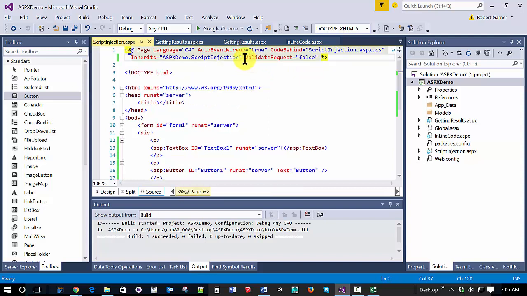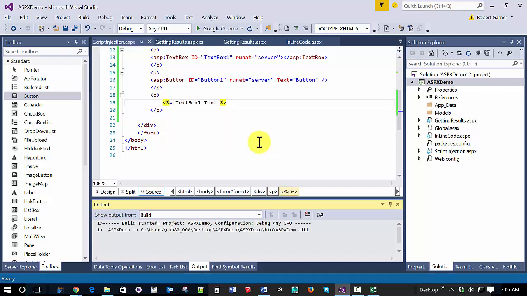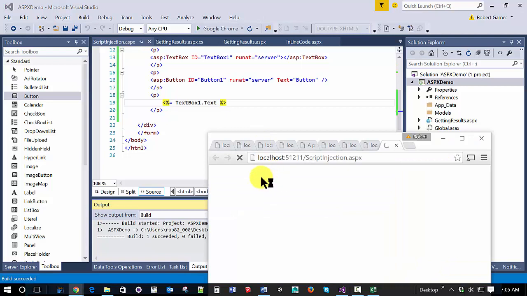So I'm going to re-enable validate request by just deleting that and set that equal, and for example, if I said less than 5, that should be fine. If I was writing some formula,